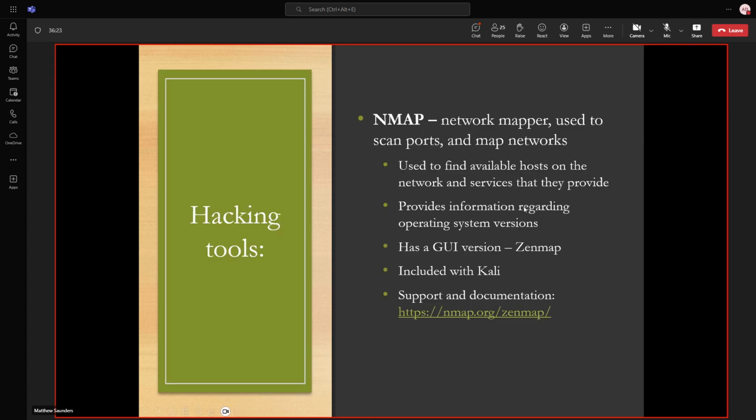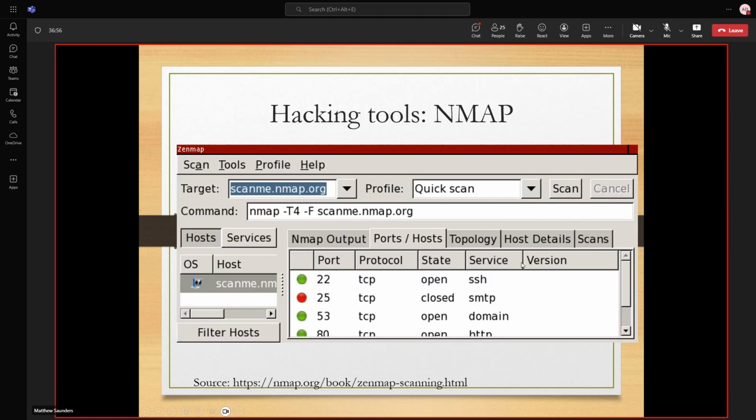Okay, some tools we're going to be using. Nmap is going to come into it quite a bit, just to gather information. There is a GUI version of Nmap. It's called ZenMap. I don't really focus on it because the GUI tools don't tend to integrate well with Metasploit. It is included with Kali, and it is a good way to learn the command line switches for Nmap. Beyond that, it's good for report generation actually. So if you want to produce a nice report, you can use ZenMap.